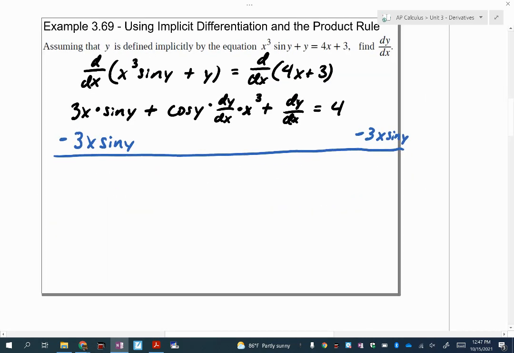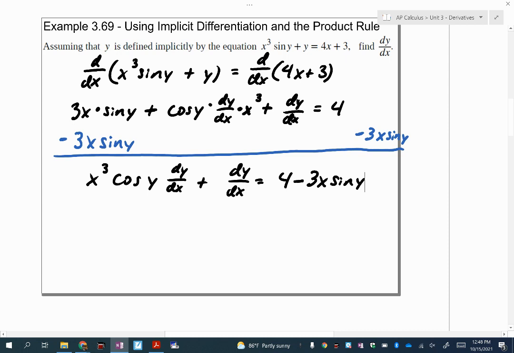All right, so now I have the cosine of y times dy/dx. I'll put the x cubed in front here. Plus dy/dx equals 4 minus 3x times the sine of y. Now I'm going to factor out the dy/dx. So I have dy/dx times x cubed times the cosine of y plus 1, which equals 4 minus 3x